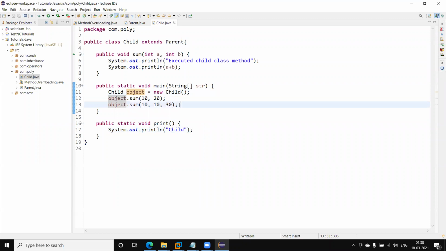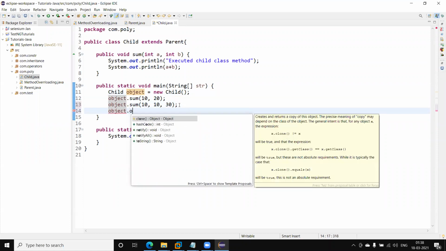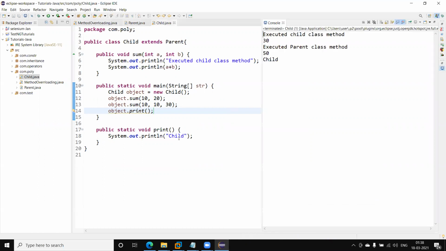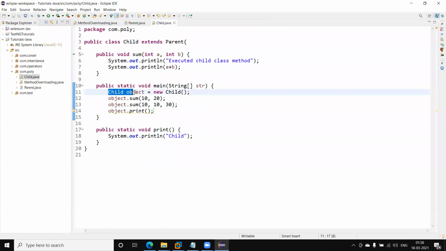Currently I'm going to call this method. If I run this code, you will get the child method executed, because we are calling this method on the child class object. As we discussed in the last video, a static method we can call directly from the class level because it is loaded at the time when the class is loaded. So we don't require to call it from an object, because a static method is associated with the class level, not the object.